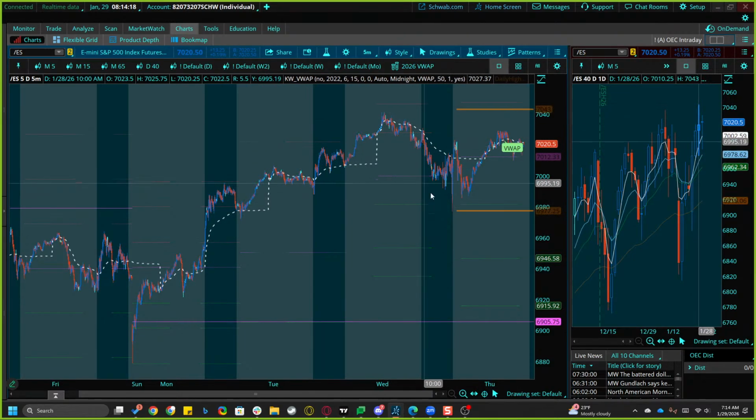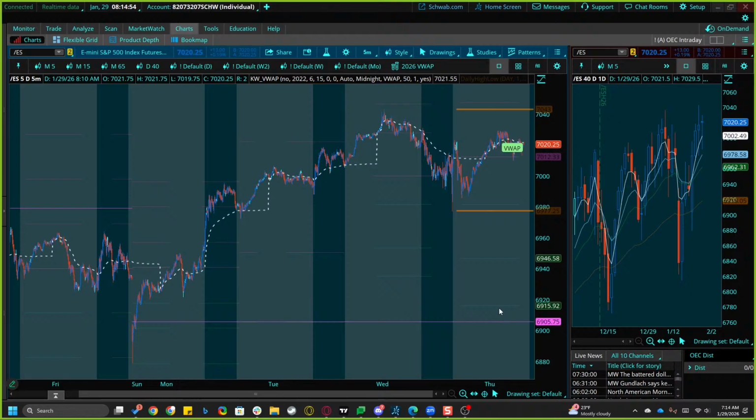So I'll be looking for the reversal if we even get to the edge, right? That's a big if, because there's no reason to believe we're even going to do that. There is this distance to the floor pivot to worry about. That's the weekly floor pivot. If we did get a breakout of yesterday's high, how much farther can we get away from this week before we've gone too far and we have to turn around and come back? It's another argument to take the reversal if we do break outside of yesterday's high. So that's what I'm going to be looking for.